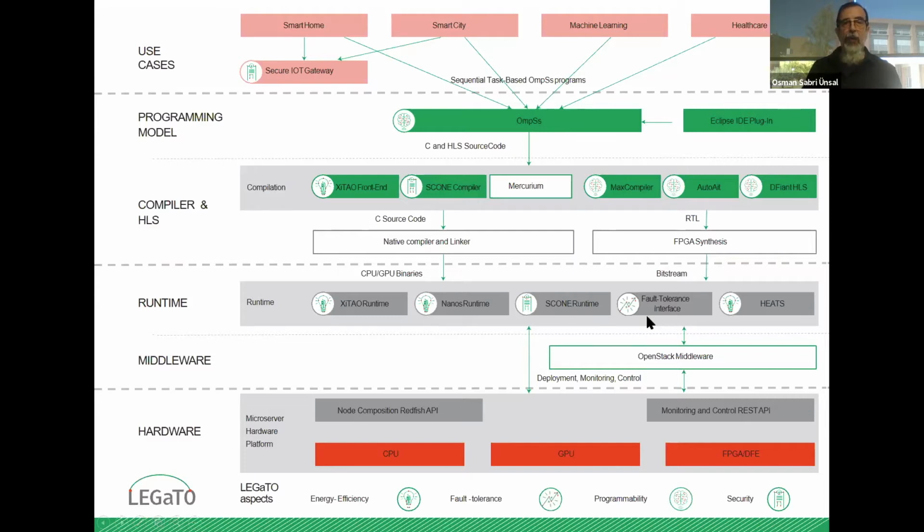We have a fault tolerance interface that works across CPUs, GPUs, and FPGAs for unified fault tolerance. And we have the HEAT scheduler that is energy conscious. That is all mapped into efficient small form factor HPC hardware units composed of CPU, GPU, and FPGAs. So